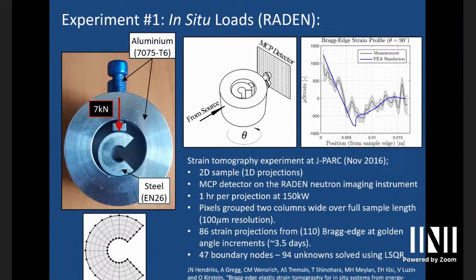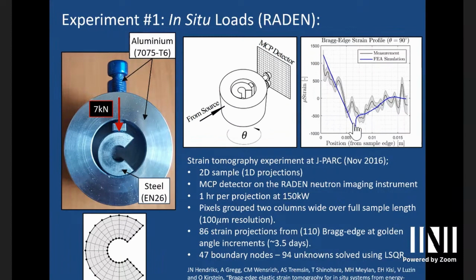We did this in simulation, and then we got some beam time and we gave it a go. So this is the first experiment. And the first experiment was a little piece of steel in the shape of a C. And we put load on that just to kind of crush the C a little bit. Obviously elastic loads, because we don't want residual stress at all. And on the Raden instrument in J-Park in Japan, we measured a whole set of these profiles. It's sort of a 2-dimensional experiment, so it's sort of averaged along the length of the sample. And we measure a whole heap of these profiles,